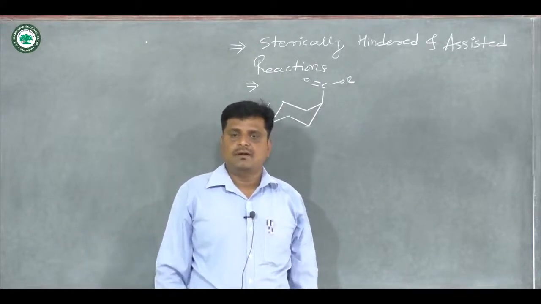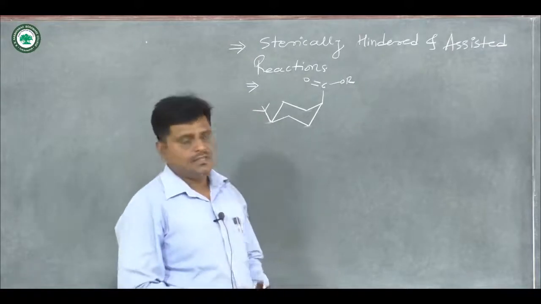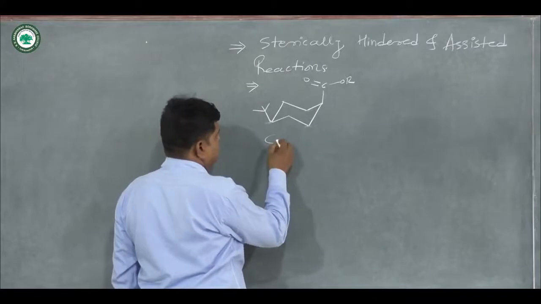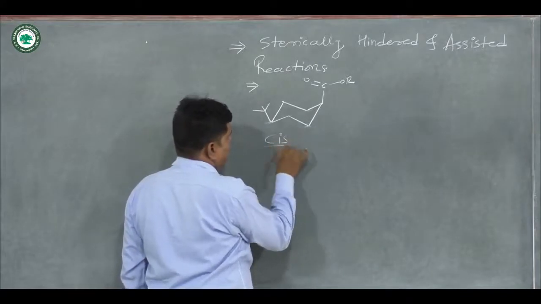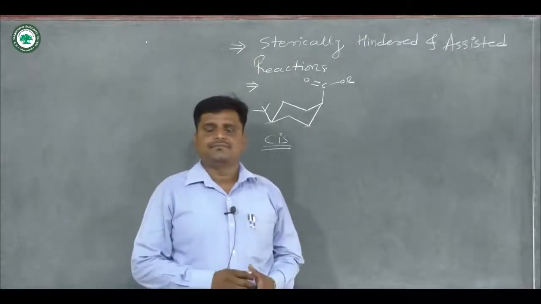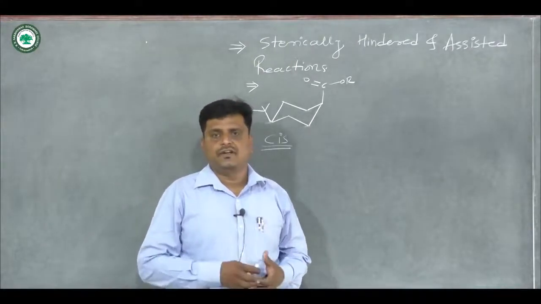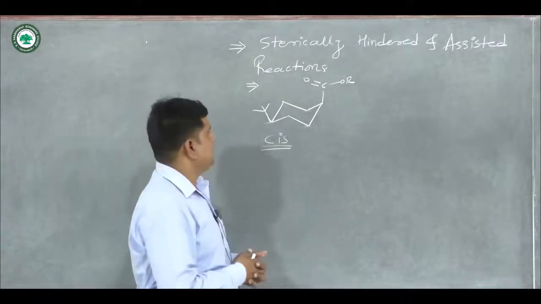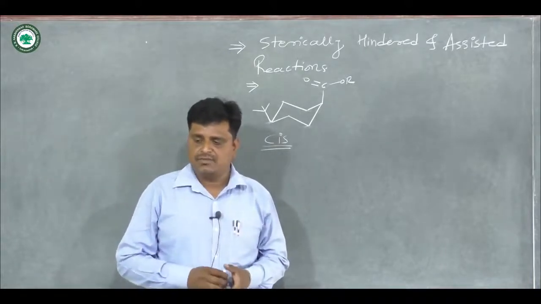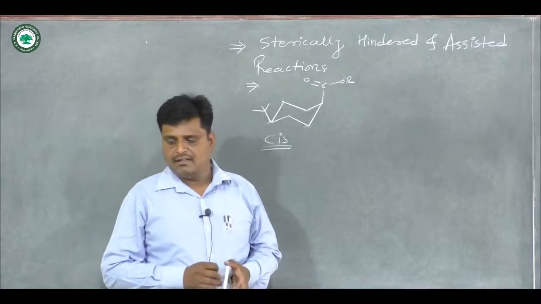Both groups are bulky, but in the cis substituted cyclohexane conformation, there is one substituent at the axial position. So this ester group is present at the axial position, and in the trans isomer